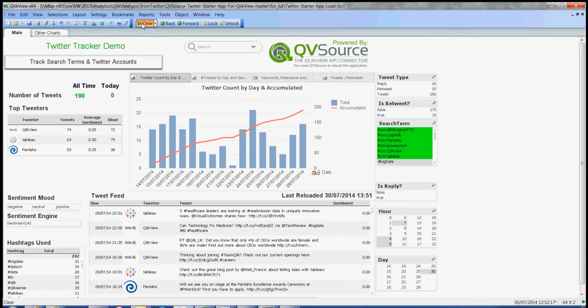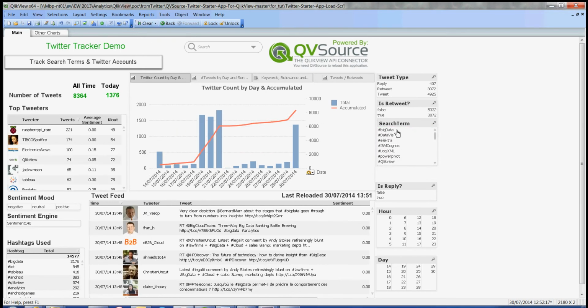What I'll do is I'm just going to clear everything. Now up here I've loaded in a load of hashtags, and these hashtags I've loaded in are based off hashtags used by the Twitter accounts that I'm following and by their followers and people they themselves are following. So to give you an example, look, you can see down here